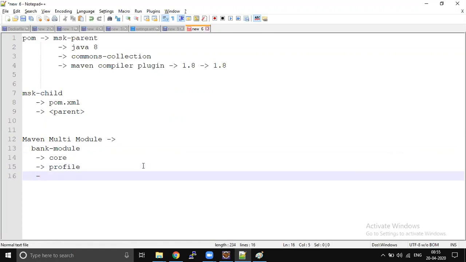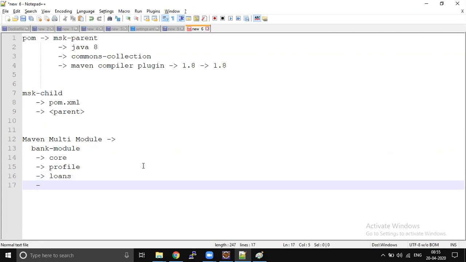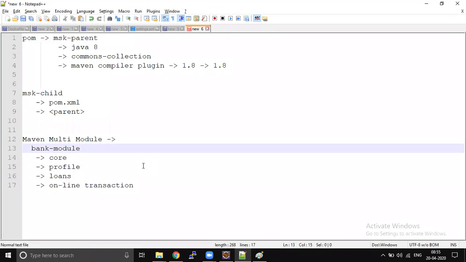Core is another Maven project. We have loans, another project. Online transaction, another module. This is how we create modules. But when it comes to microservices, we don't usually do this. Each module is a separate project.